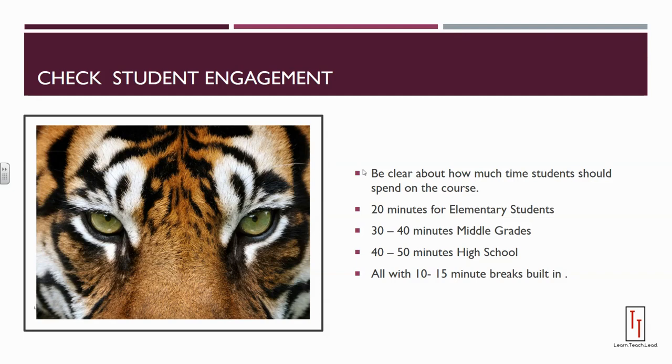You want to make sure that you check the student engagement. You have to be very clear about how much time a student should spend on particular coursework. So this is concerning screen time. Now, 20 minutes typically for elementary students is recommended, 30 to 40 minutes for middle grades, 40 to 50 minutes